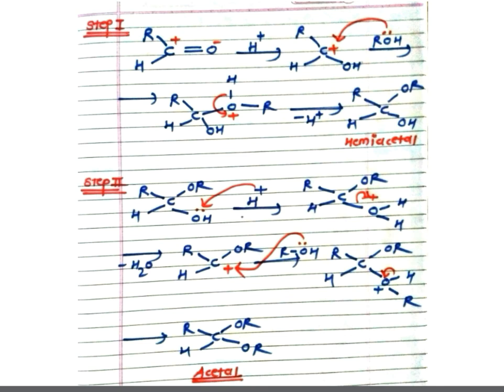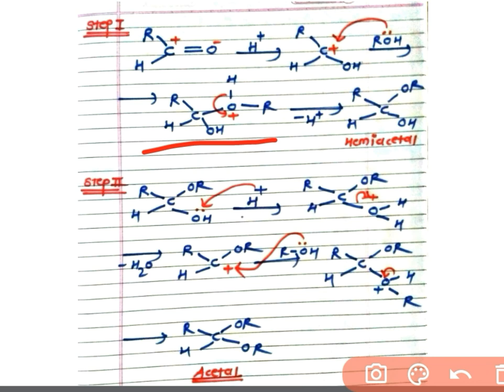See here, this is monohydric alcohol. Monohydric alcohol means what? The compound in which only one OH group is present is called monohydric alcohol. Dihydric means if there are two OH groups present, then it is a dihydric alcohol. So here addition of monohydric alcohol takes place. The valence electron of oxygen of monohydric alcohol attacks the positively charged carbon and forms this